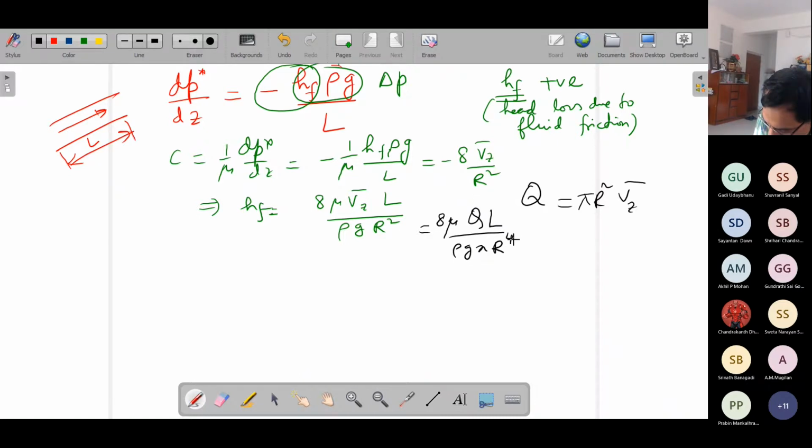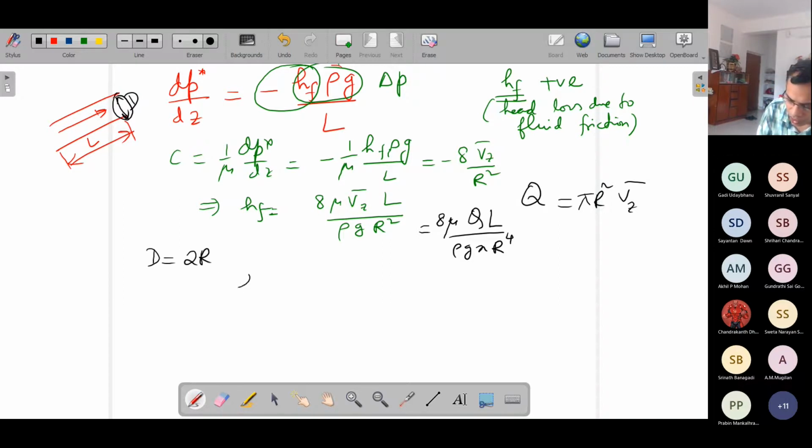So R square into R square will become R to the power 4. And in engineering, we commonly use the diameter of the pipe as an index and not radius. It's just the way in which engineering is done. If you go to any industry, they will ask what is the diameter of the pipe. They will not normally talk about the radius of the pipe, but it is obvious that diameter is equal